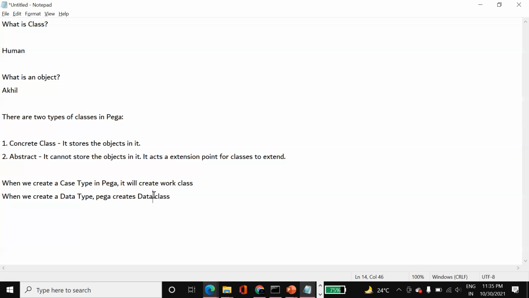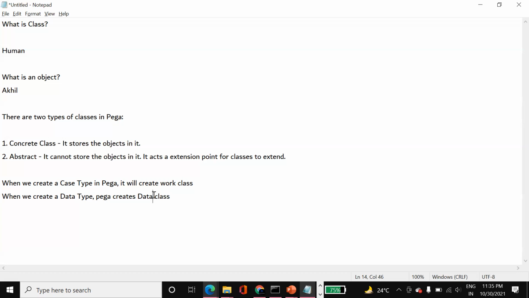You can just define the class context, and using the page reference or page list reference, you can consume or reuse that data related properties, sections or any rules in work related classes. That is the reason, normally, for reusability purposes we design the data model